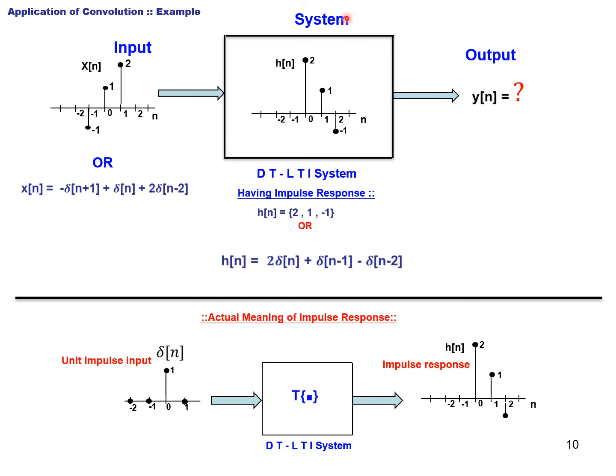In the system, I'm not using this operator T, because I now know definitely what the response to the impulse is. Its impulse response itself will represent the system. I don't have to use T. Earlier, T was not clear, but now it is quite clear: when I gave the impulse, how the system responded, that is the impulse response. This is what it represents. Now the system has the LTI property. Because of the LTI property, see what all happens. Try to understand this demonstration in the next slide. Then you'll understand the solution to this problem better.